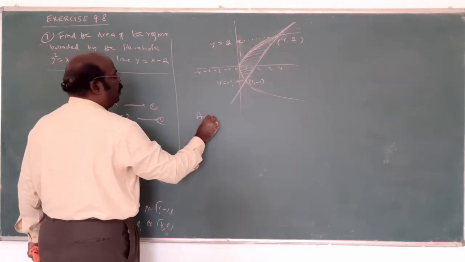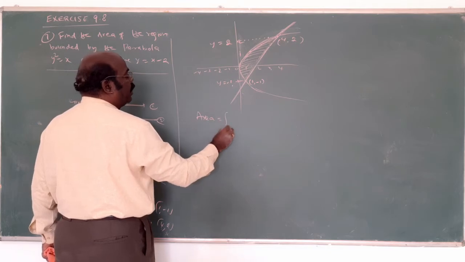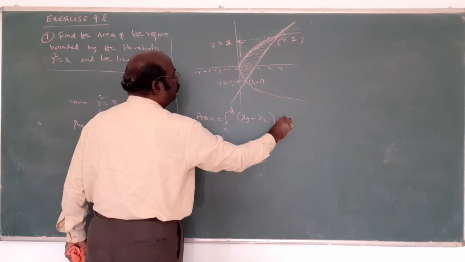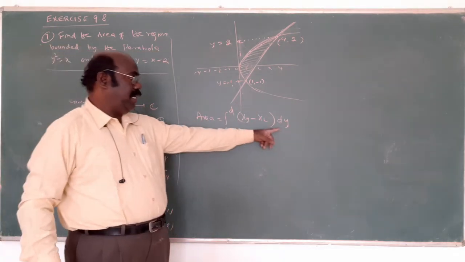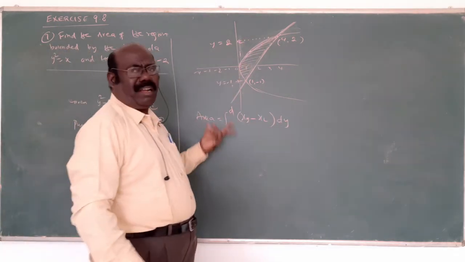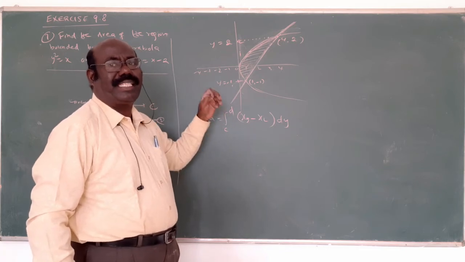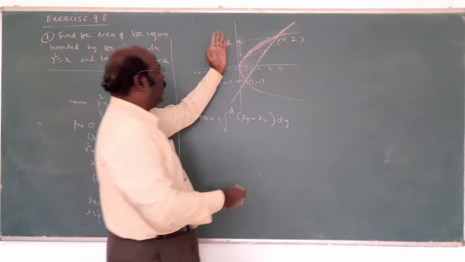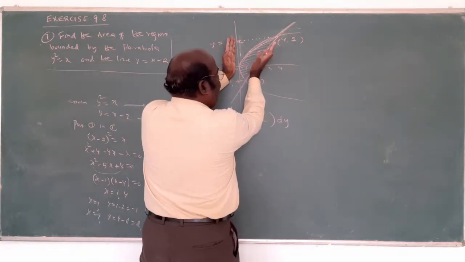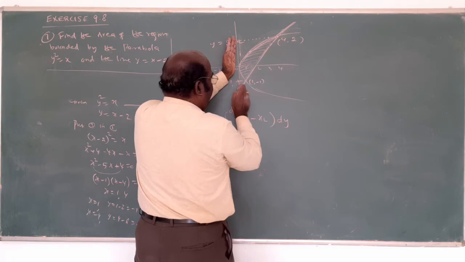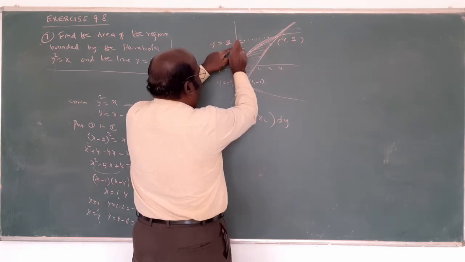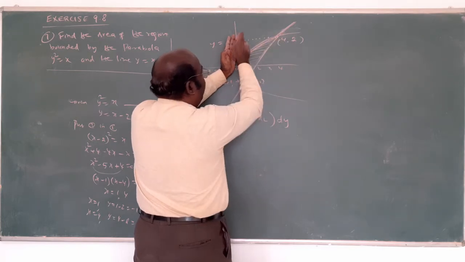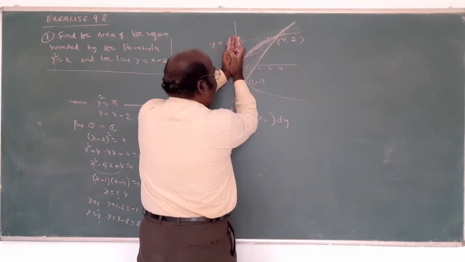That's why area equal to integration with respect to y, and the formula is xd minus xl. Integration with respect to x is not possible, because from the x-axis the cross lines are coming. That's why we use the y-axis, this side line. Between the y limits minus 1 and 2, along the y-axis side line, the whole area will come.